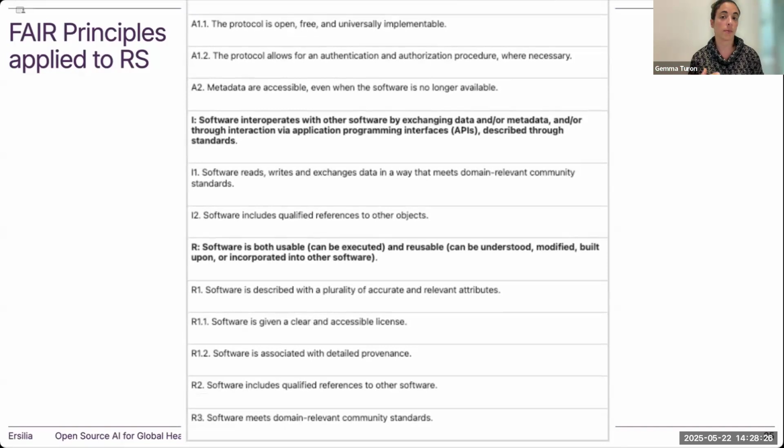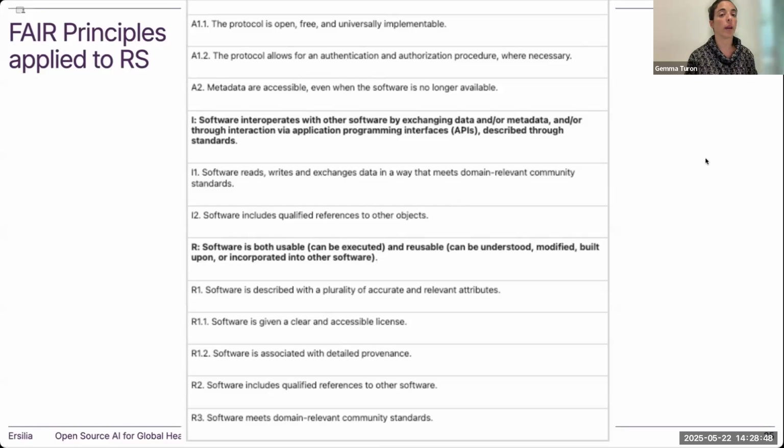Interoperable, so it can exchange data and metadata with other objects through standard APIs. And finally, of course, reusable, so it can be executed and maintained and basically reused for other purposes or integrated into other software, etc. So these principles are quite well defined. They were published in 2022.